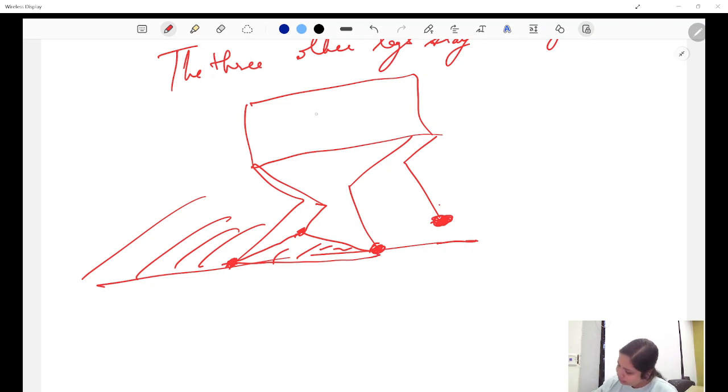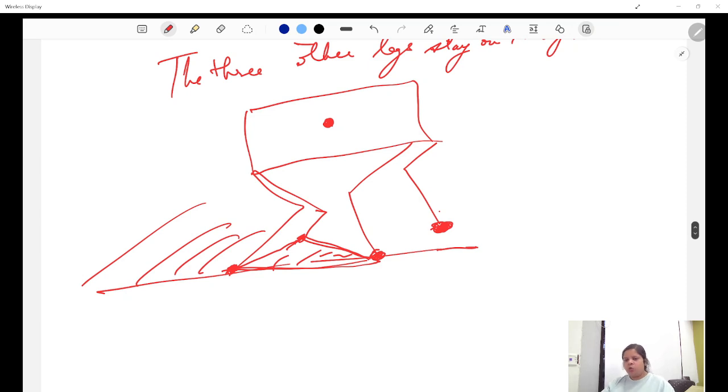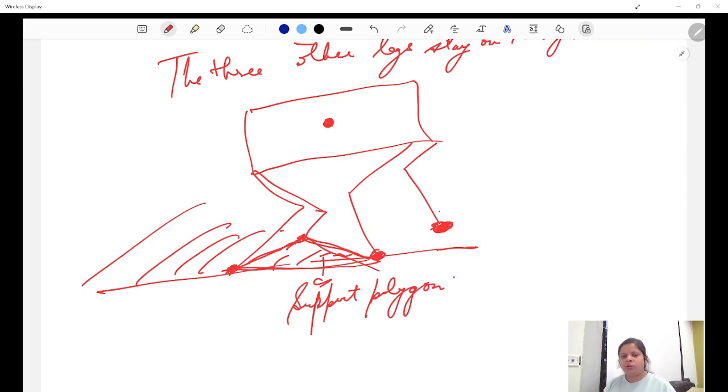Right. The thing is, the center of gravity of this robot should lie in this support triangle to keep it balanced. So if it were using two legs together, two legs in swing phase and two legs in stance phase, then the support polygon would be very small. That increases the chance of instability. But if three legs are always on the ground, there is a high chance that the center of gravity is going to lie in the support polygon. Right? So you are going to keep the robot stable.